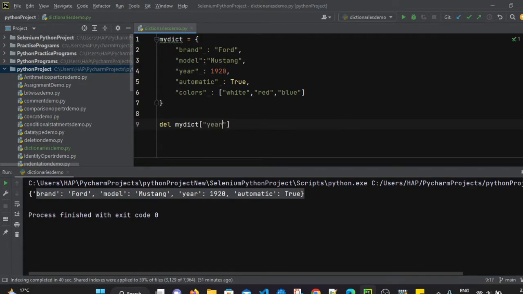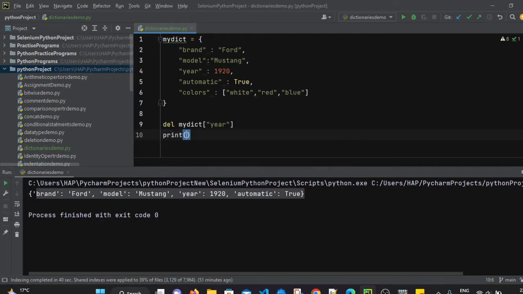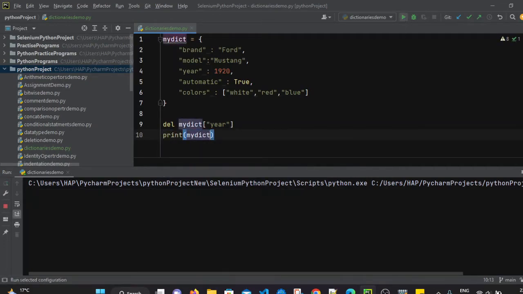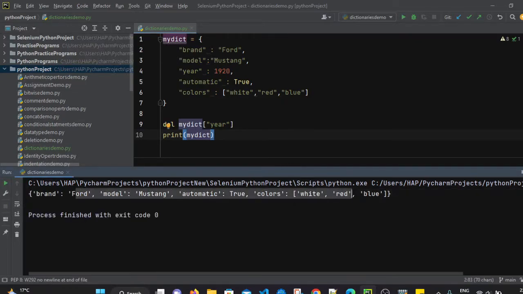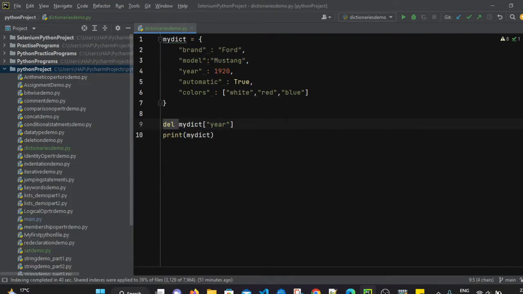So I am just mentioning the year value. This year key value pair will be removed from the original dictionary, and after that let's print my dictionary. When we print it, there will be no year value present in our original my dictionary because we have removed it by using the del keyword. So the del keyword can also be used to remove a specific key value pair from the original dictionary.